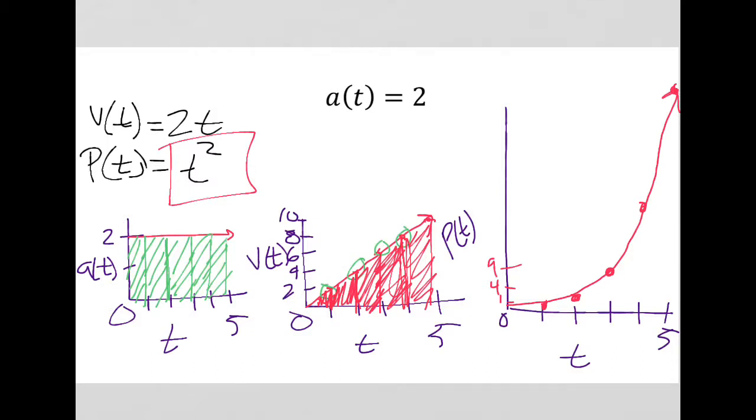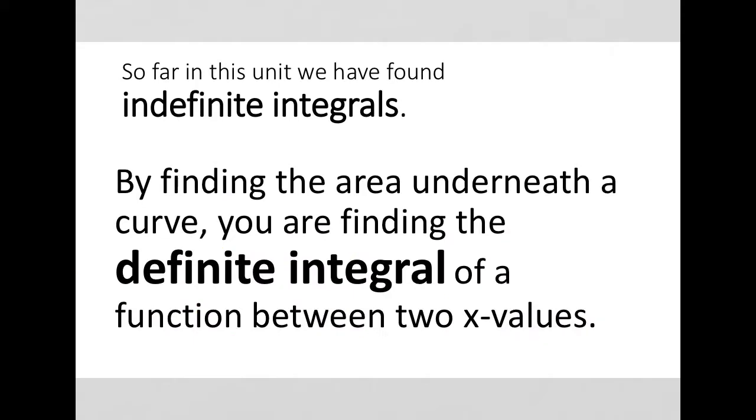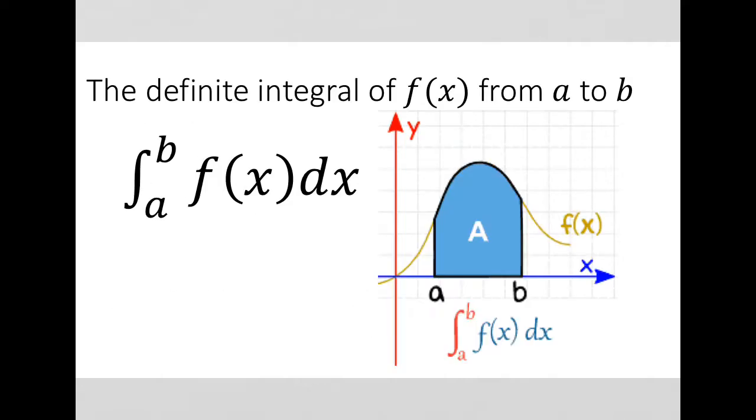Crazy. So, huge idea. When you're finding a definite integral between two x values, you are finding the area between the graph and the x-axis. That is nuts. So here's a little image to help you visualize that. This should be read as the definite integral of f of x from a to b is that blue area